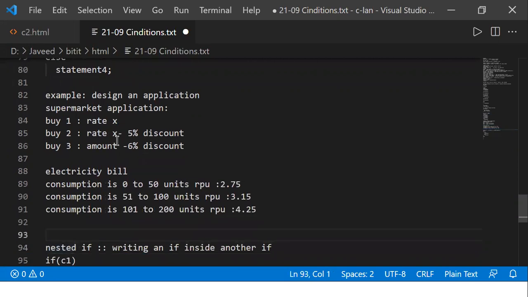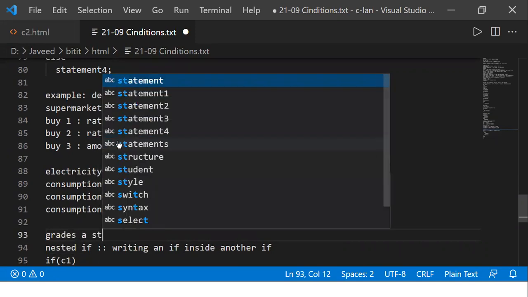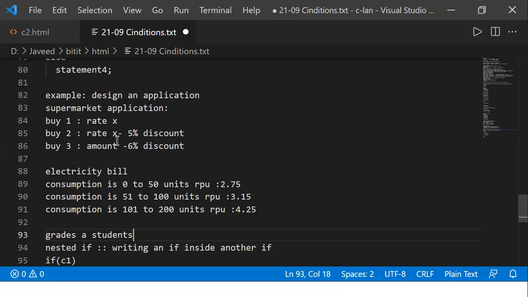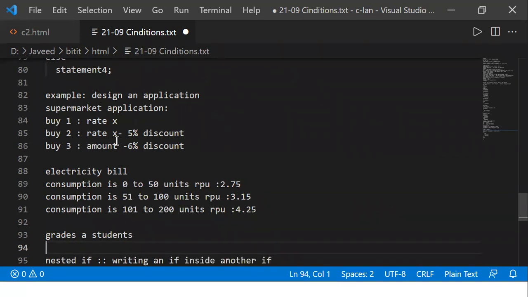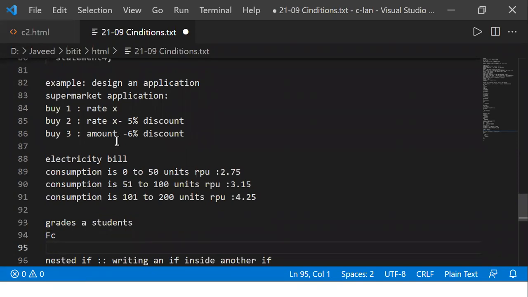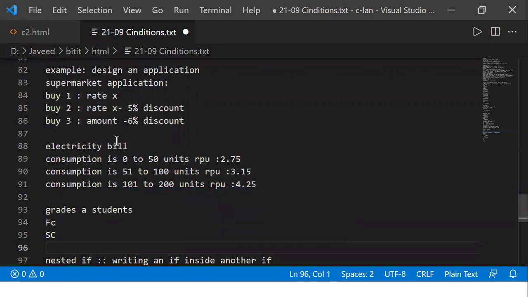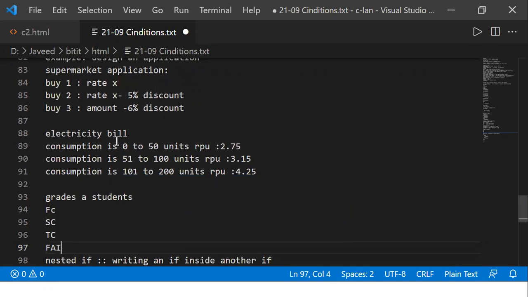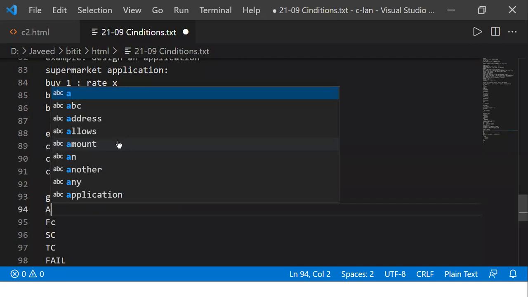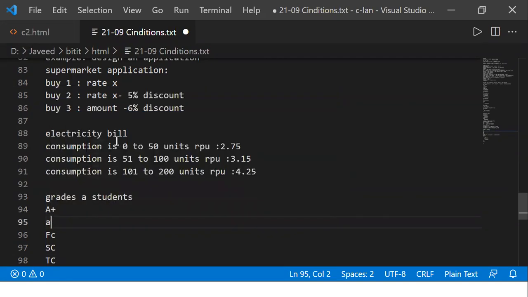So let's say for example, now you want to find out the grades of a student. Okay, so student grades you want to find out. So how do you find the grades? So let's say you are going to talk about first class, second class, right? Second class, third class, right? Fail. Oh, let me add one more to this. So any idea how to find out? So you call it as distinction or A plus. Okay, let's say this is A plus, A. Okay, right.